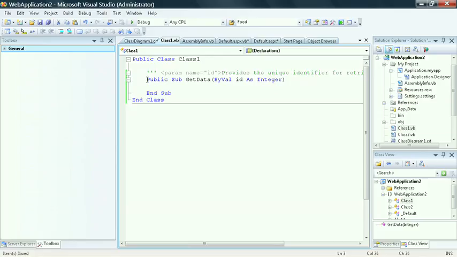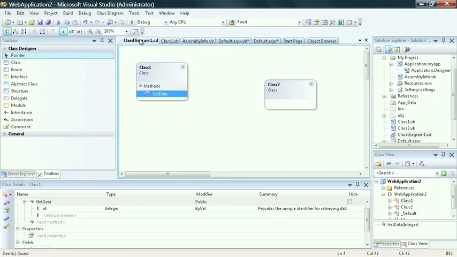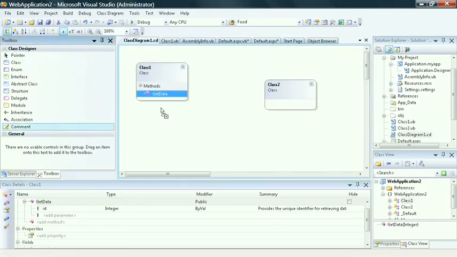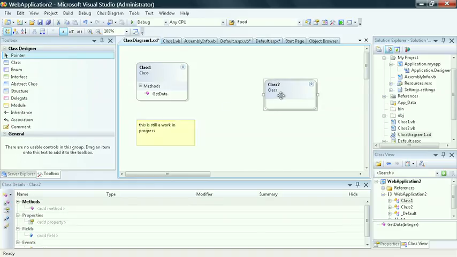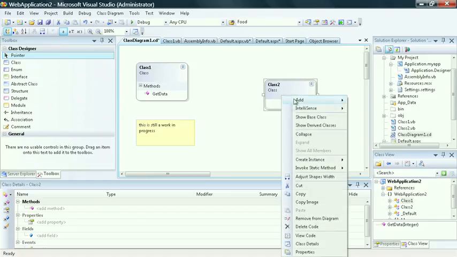I can also see, because I chose not to return a value type, I have a sub instead of a function returned for my getData. My modifier was by value, the name was ID, and as integer. You can see that the class diagram provides a very visual way to program your components without actually typing a line of code. You can also choose to add additional comments to your class method by dragging over the comment bar. And by clicking on my secondary class, I can go ahead and build that out and add other properties